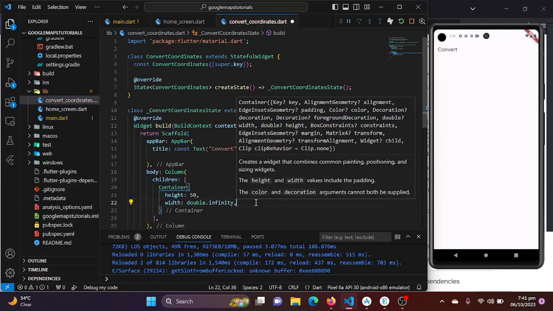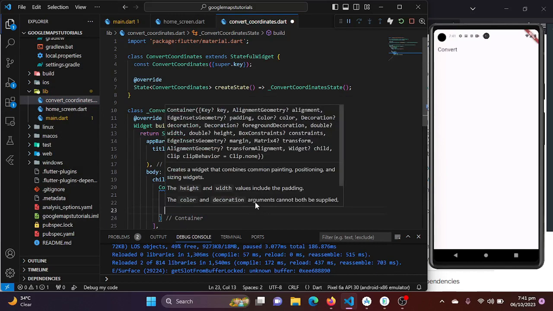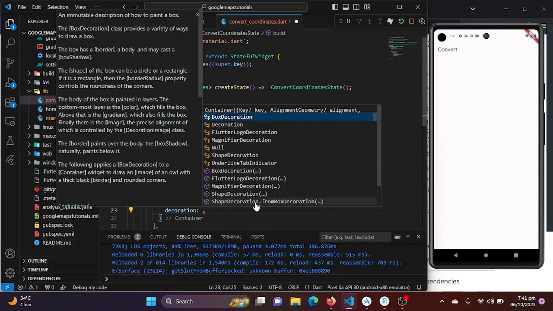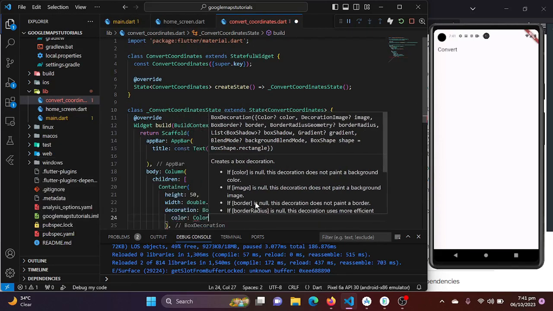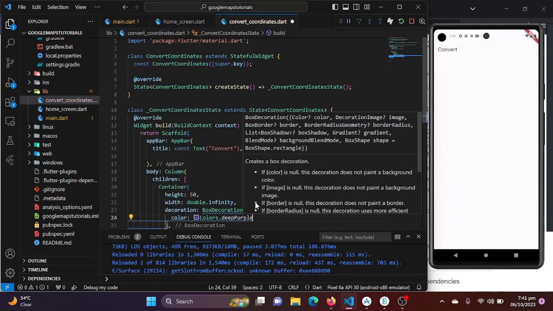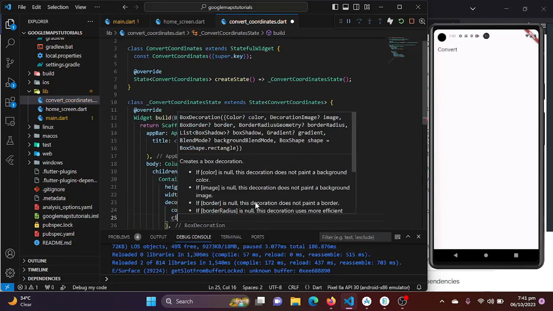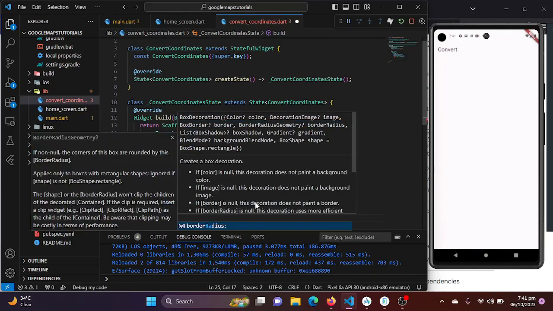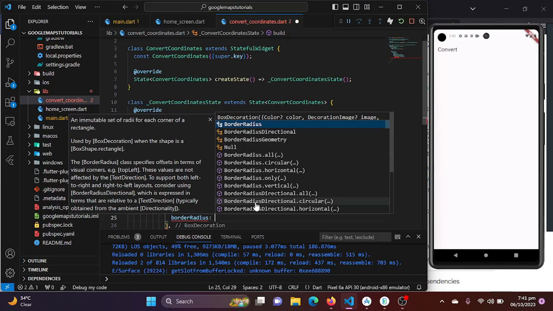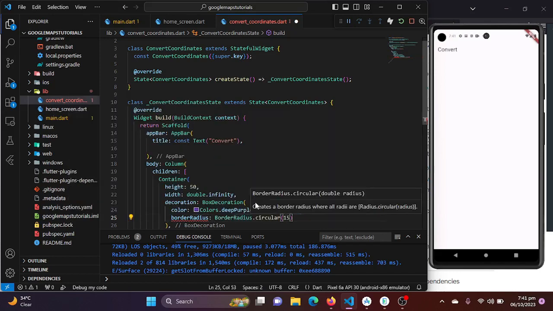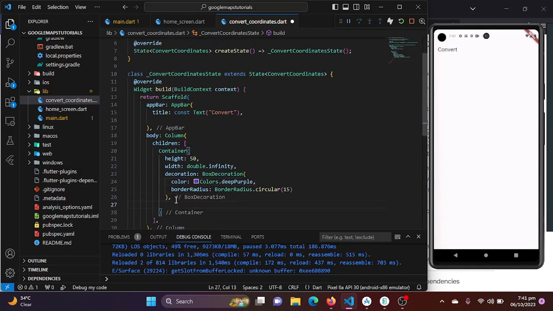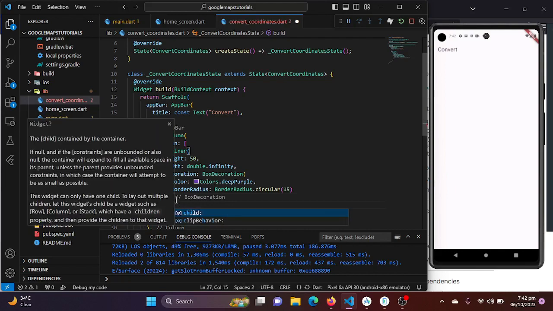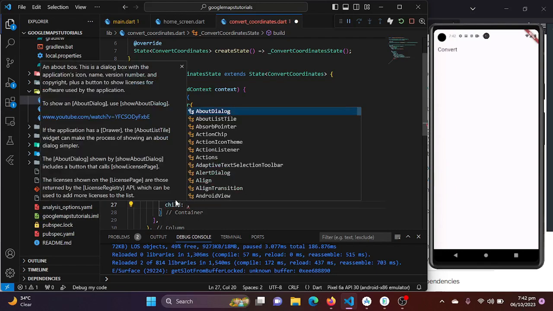Whatever space is available, just take that space, and I will be decorating it a bit. I will be using the decoration property, and it takes a BoxDecoration, and I will be giving it a color, which will be Colors.purple in my case, and I will be giving some radius. So BorderRadius.circular, and I will be giving 15. And now I will be adding a text which will be my title to the button, and here on the child property I will be using const